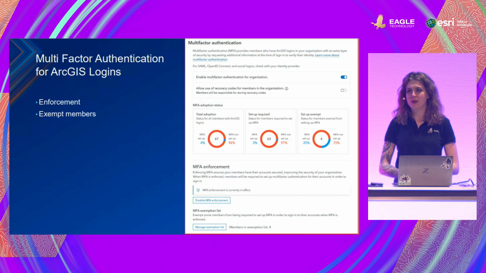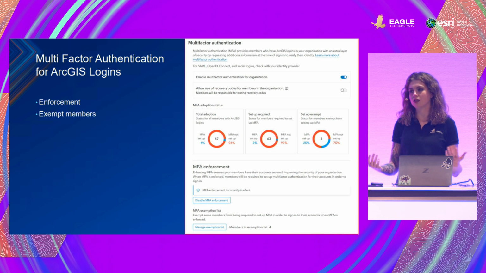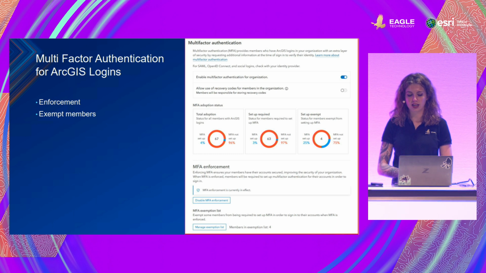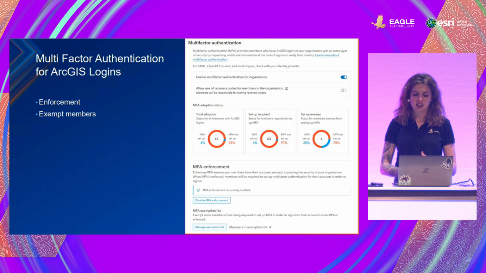And one other thing, many organizations use multi-factor authentication. It's a really great way to have that double layer of security when signing into ArcGIS Online. Organizations that want to allow members to have multi-factor can enable it with a toggle button. And now we have the ability to actually enforce this, which means it is required of your users in order to sign in. And if you enable one of these settings,